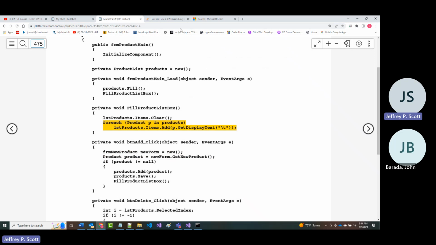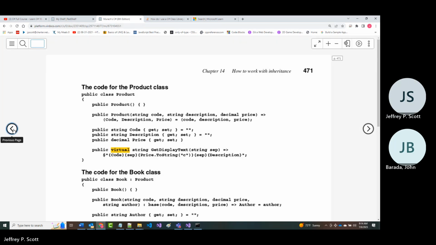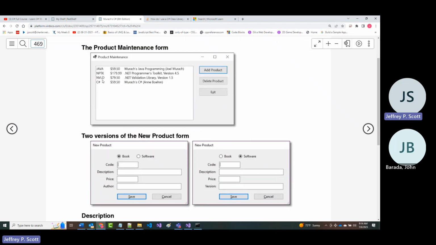It's going to know, based on the information that was provided in the product object, whether it was a book product or a software product. The reason that is so important is that if it's a book product, we want it to have code, price, description, and in parentheses the author name.